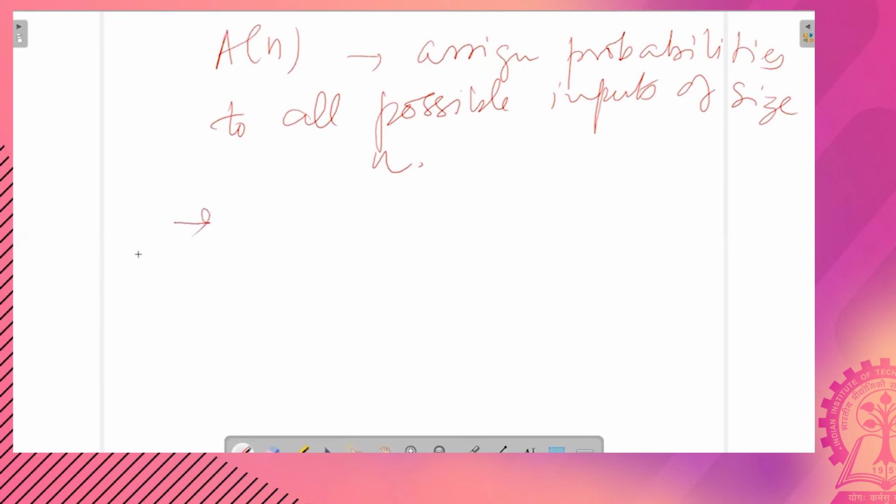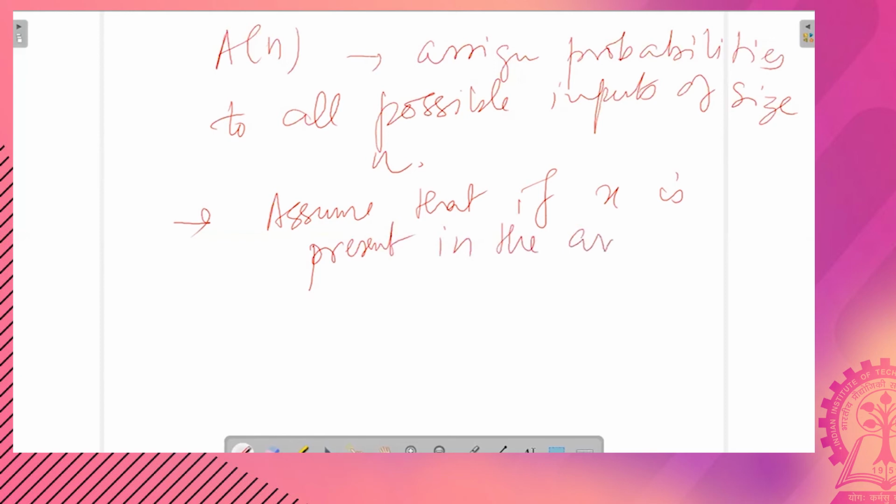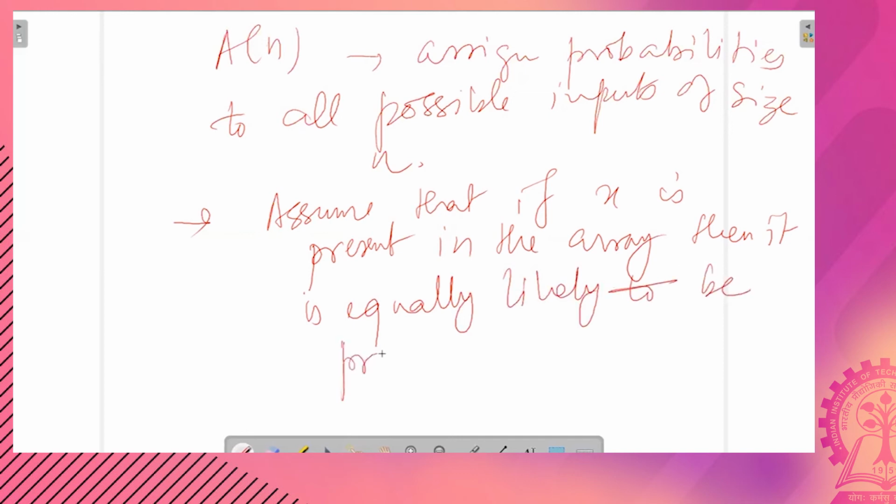So another way to describe this is that we assume that if x is present in the array, then it is equally likely to be present at any index of the array.